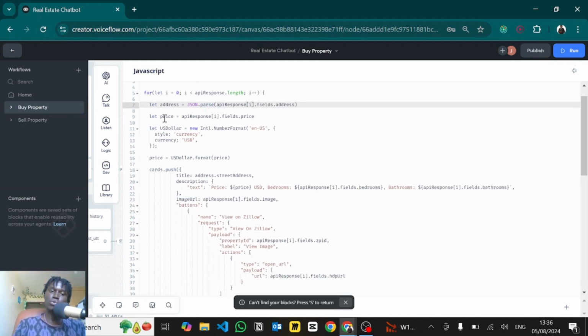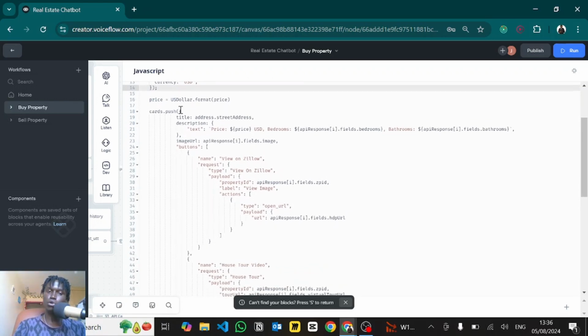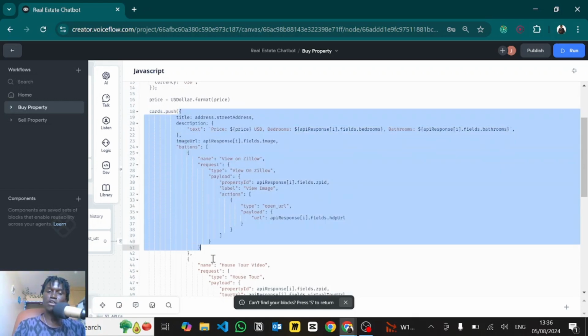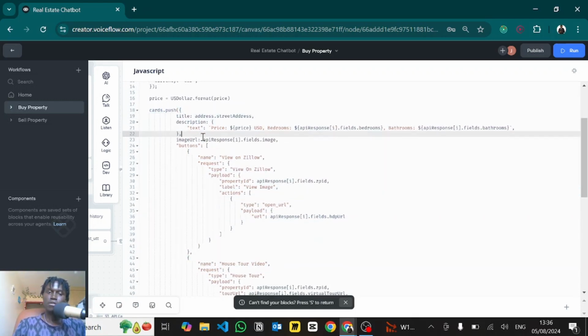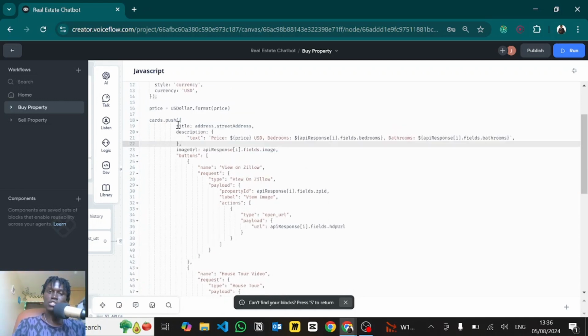Okay, then we want to obtain also the price. Okay, so that will be available in API response in the specific index that we are in the loop, then dot fields, then access the specific price. Then we want to format the price into a format that we can be able to display as our currency. Okay, then we go ahead and push to the specific array. So this is cards.push and pushing this specific object. Okay, so this object is actually the carousel cards itself, and each has a title, a description, an image URL,